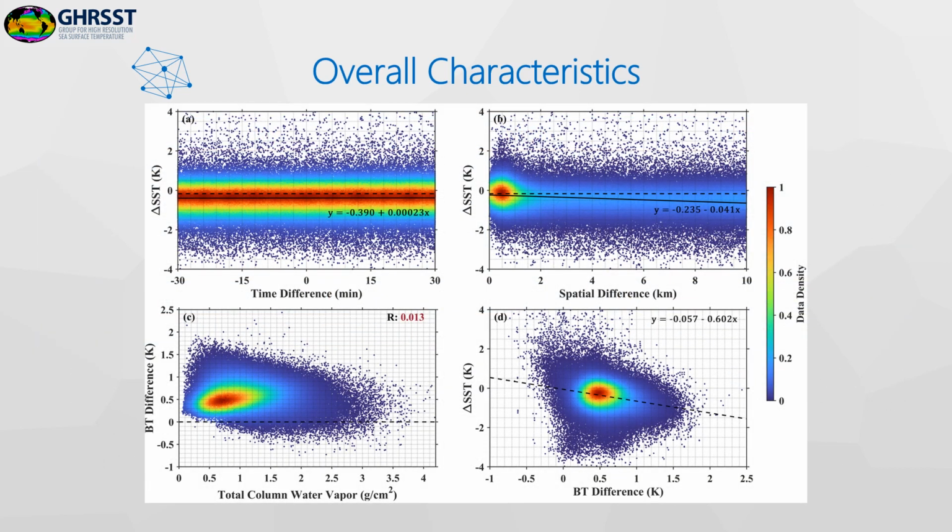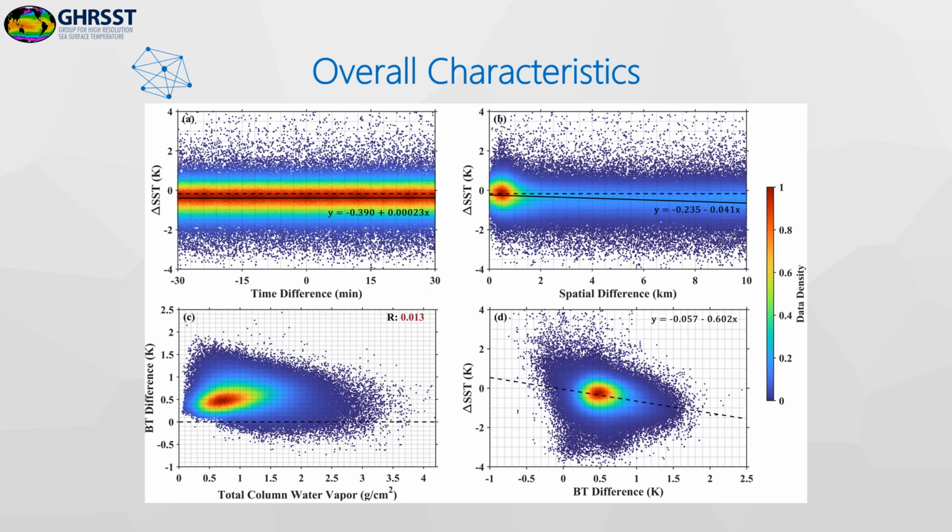The difference in MODIS iQuam SST comparisons can result from the discrepancies in space and time between the MODIS pixel and in-situ measurement. The sensitivity of SST biases to the time window is weak, given in Figure A, while the spatial distance is more sensitive to the SST difference, as shown in Figure B, and such negative trend is expected because matchups away from MODIS center pixel may have a higher likelihood of being contaminated by cloud if the center